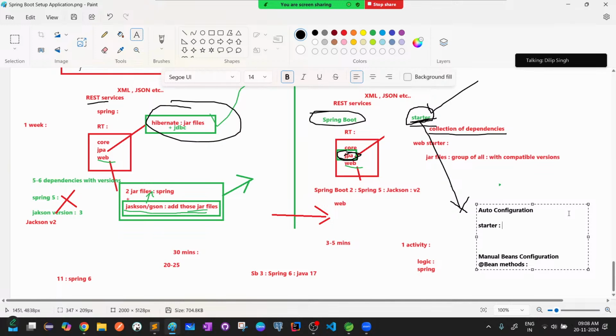Whenever we add any starter, like the web module starter, what it will do internally is add all the dependency jar files. That is the most important thing it will do. Jars, as well as